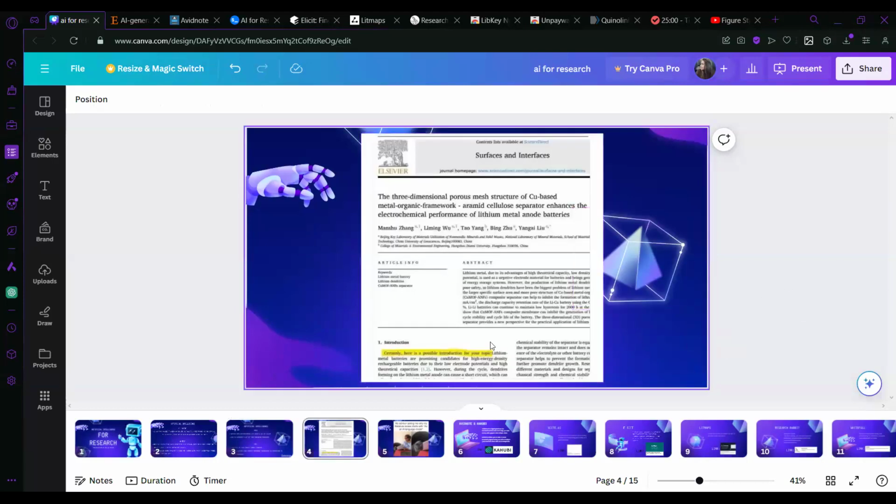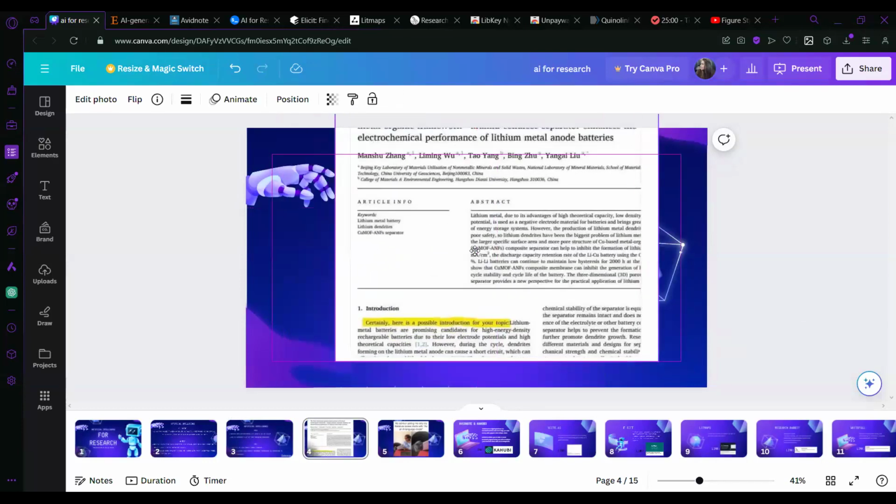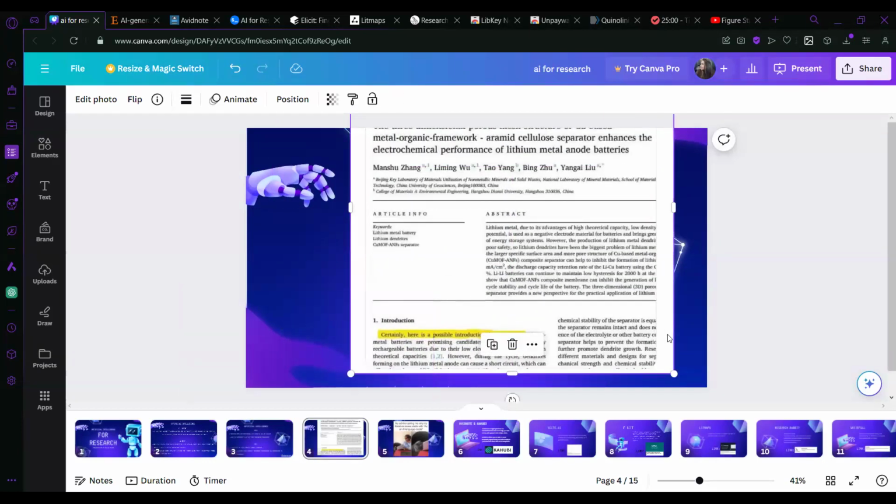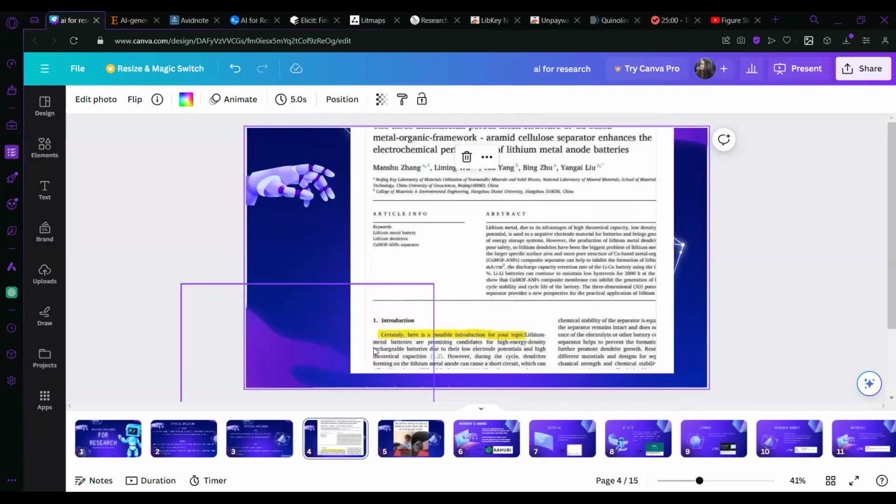An example is this article. If you can see there, its first sentence is "Certainly, here is a possible introduction for your topic."